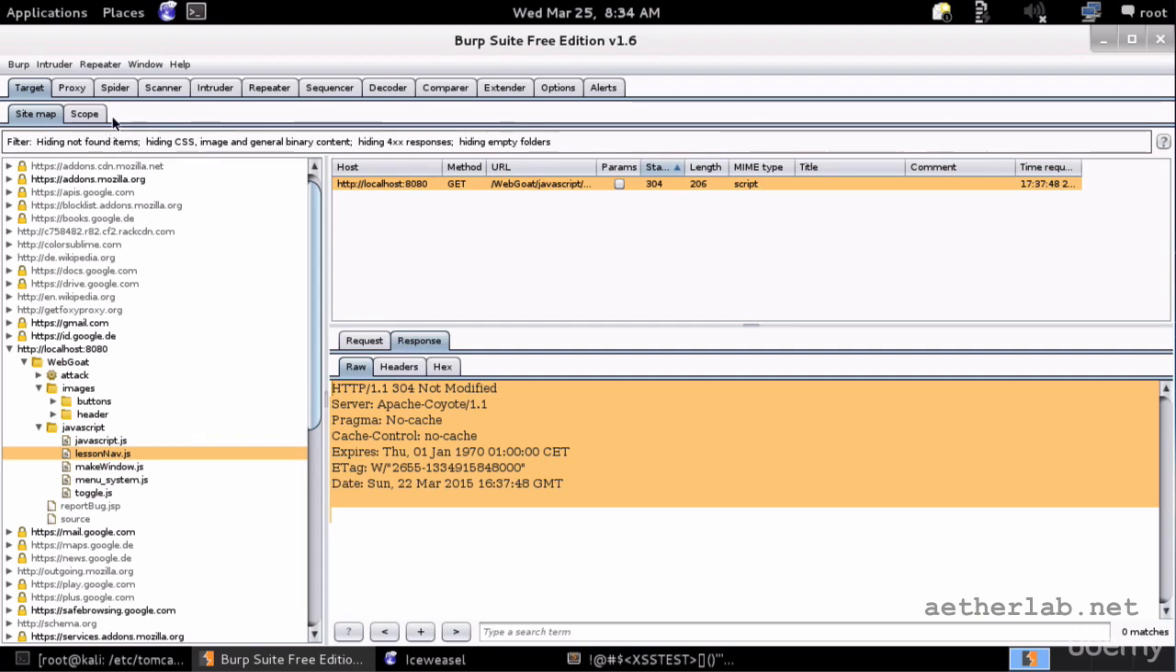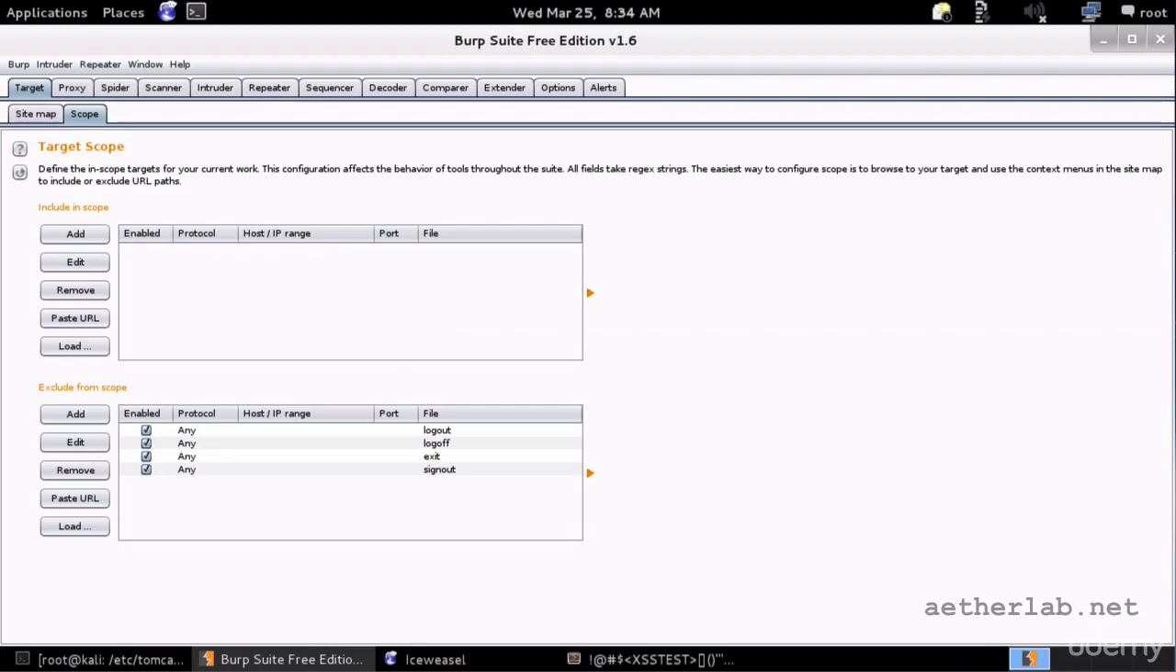Another important point is the scope here. So there's this other tab here called scope. Here you can define your test scope. So if you're doing real penetration testing, then you have permission to test a very well-defined scope. Everything else should not be tested, because that would be illegal, because you only have permission for your scope. So you can come here and define your scope to make